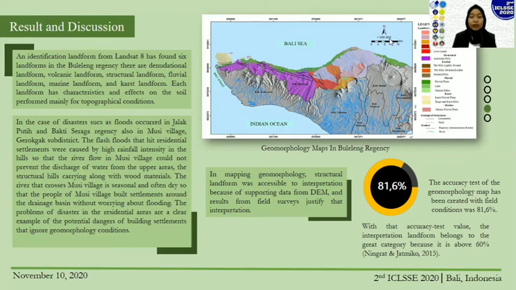In mapping geomorphology, structural landform was easy to interpret because of supporting data, and the result from the field survey justified that interpretation. The accuracy test of the geomorphology map created against field condition was 81.6%. With this accuracy test value, the landform interpretation belongs to the great category because it is above 60%.